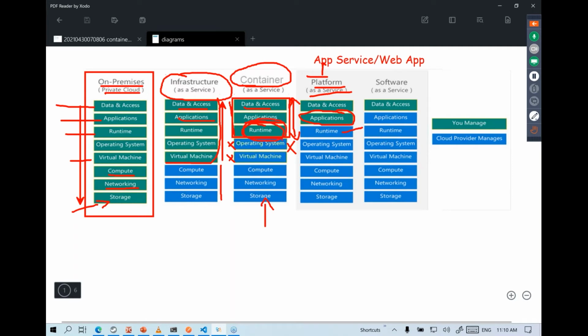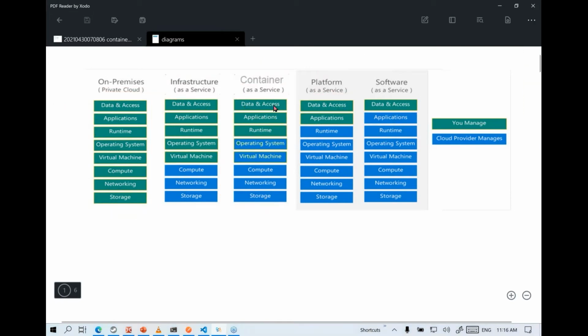Do you want to use Scala? Do you want to use Golang? Do you want to use some other language that is not very common? Sure, you can do that. You can install a runtime of your choice and just focus on your actual application after that and your data. So keeping this in mind that container as a service is one of the cloud models, let's focus on this in more detail.